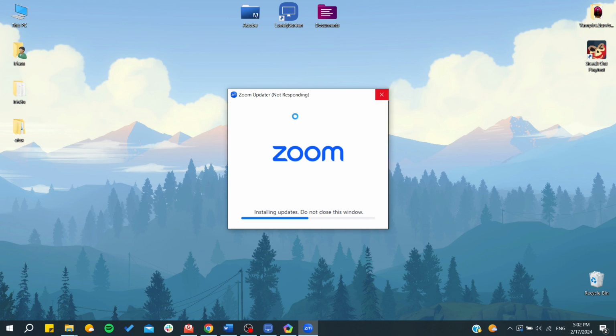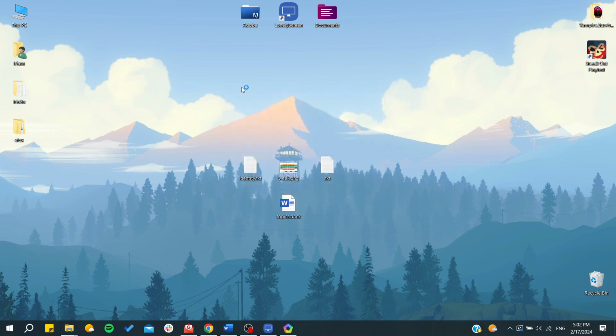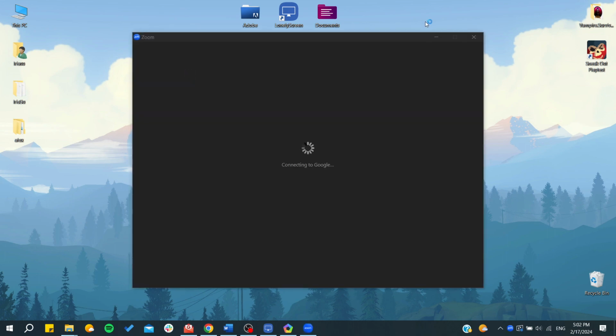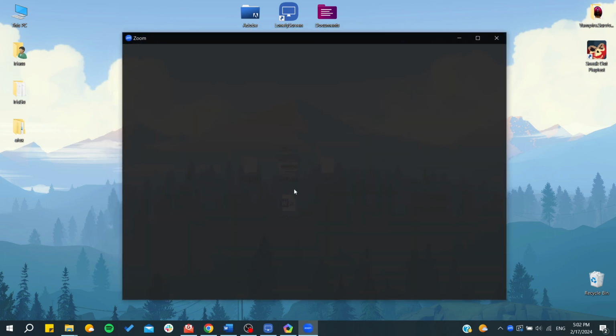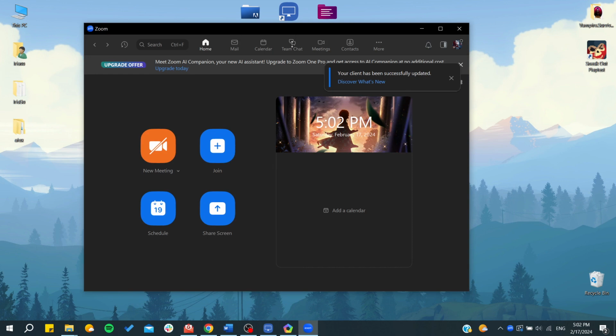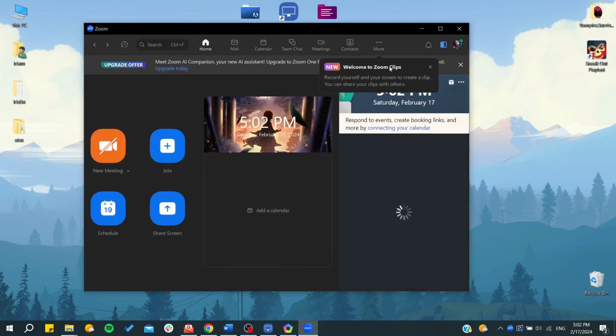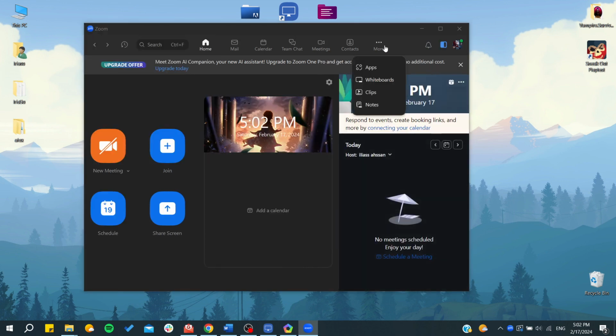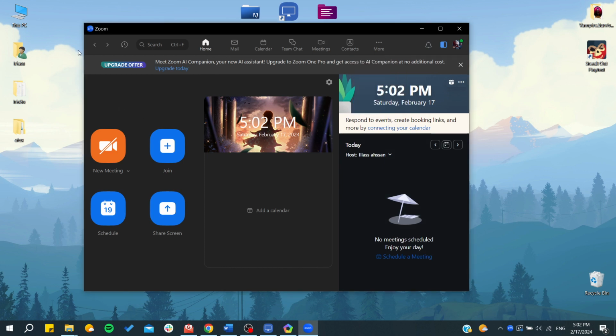So basically, first we need just to open your Zoom and wait for it to launch, and after that we will need just to go to our account settings so we can be able to change our username or name on Zoom. And basically, to do so, we will need just to search for some settings that we can apply or change for our account. And basically we need just to go to settings, and from here you can click on profile